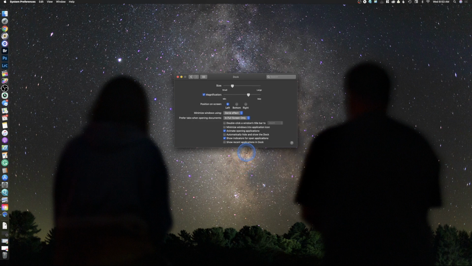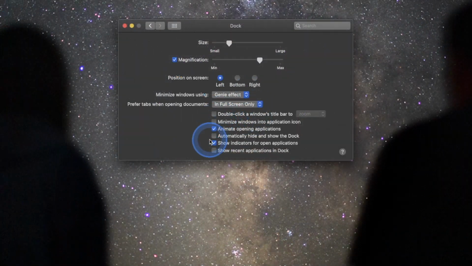And show recent applications in dock. So if I open up an application that I don't normally use, it's going to show it down here and it's going to keep it there for a short period of time in case I need to go back into it. I'm going to go ahead and turn my dock on hide and show,